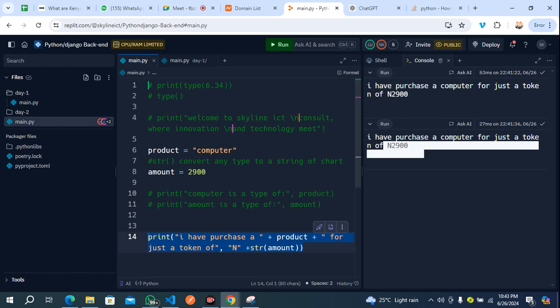Okay. All right. Let's talk about variable. Who can tell me what is variable and why do we need variable? Hello? Who can tell me what is variable and why do we need variable? Let me call names now, so that you answer.